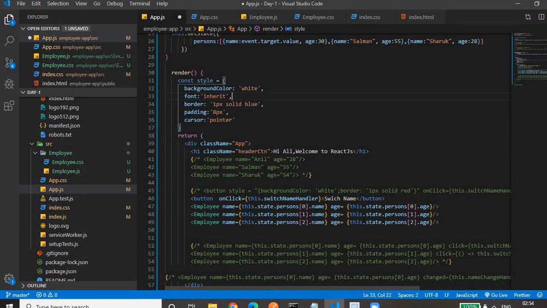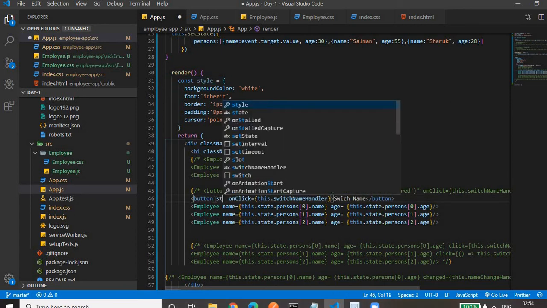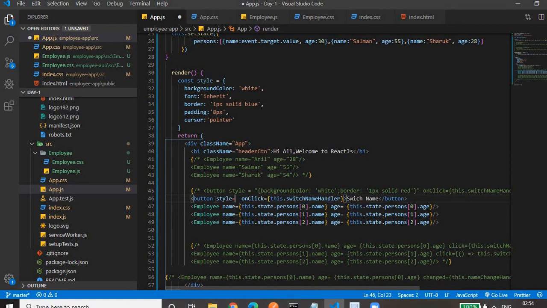And we are binding this style constant variable to the button by using style equal to, and within the curly braces we provide the variable, the object that we have created.